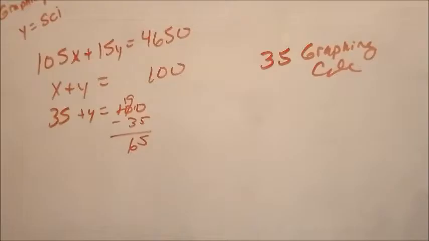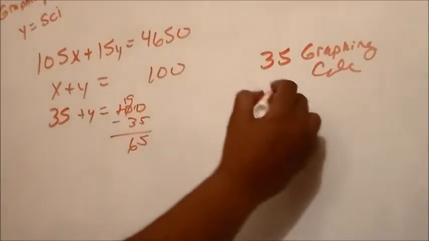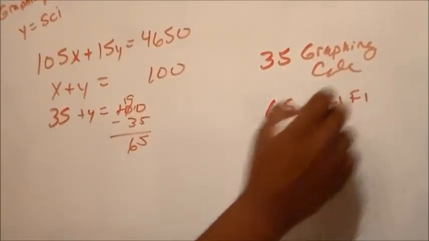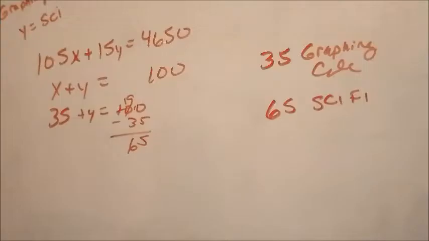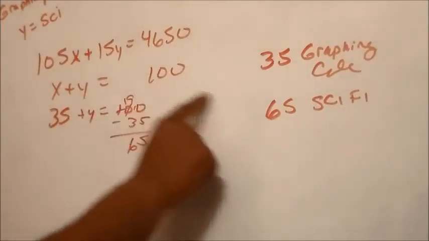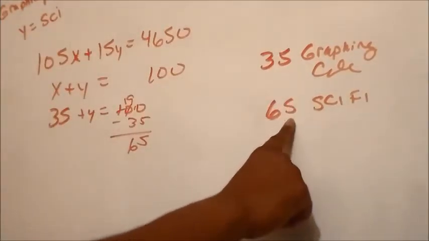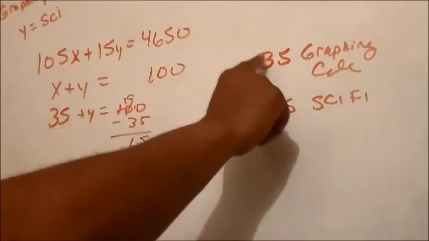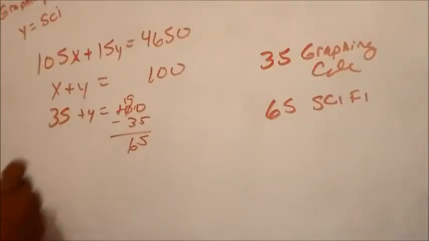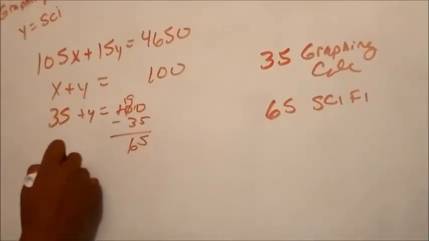And sorry about that, 65. Right, so we have 65. I'll just put sci-fi, scientific calculators. Okay, so if we plug in 35 and 65, do we get 100? Yes. 5 plus 5 is 0, carry the 1, 3 plus 6 plus 1 is 10. We get 100 calculators. Now let's find out the total cost, which will be 105